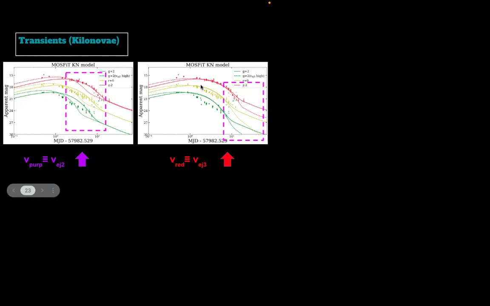They will have a dependency, but current models from different groups have been showing that it's not very highly dependent on the angles. You get almost a similar kind of fit with and without an angle model, so we are currently not using a specific angle. It's just based on different physical properties.